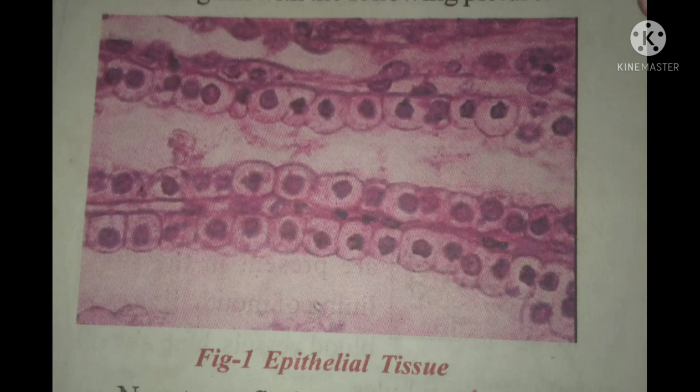Lab activity. Aim of this activity: identification of tissue in collected sample. Apparatus: microscope, slide, dilute HCl, forceps, brush, etc. Procedure: collect a small piece of chicken with bone from your nearby chicken centers or market. Put it in dilute HCl for 2 hours. Take the skin part of chicken piece.